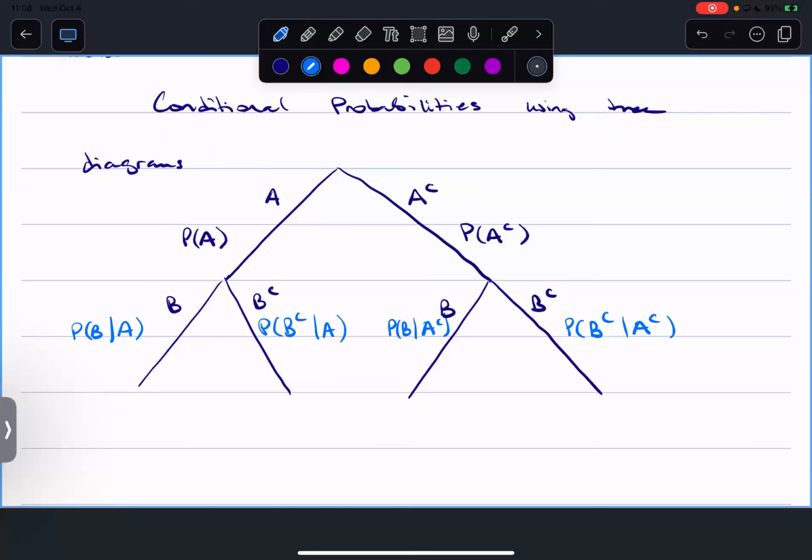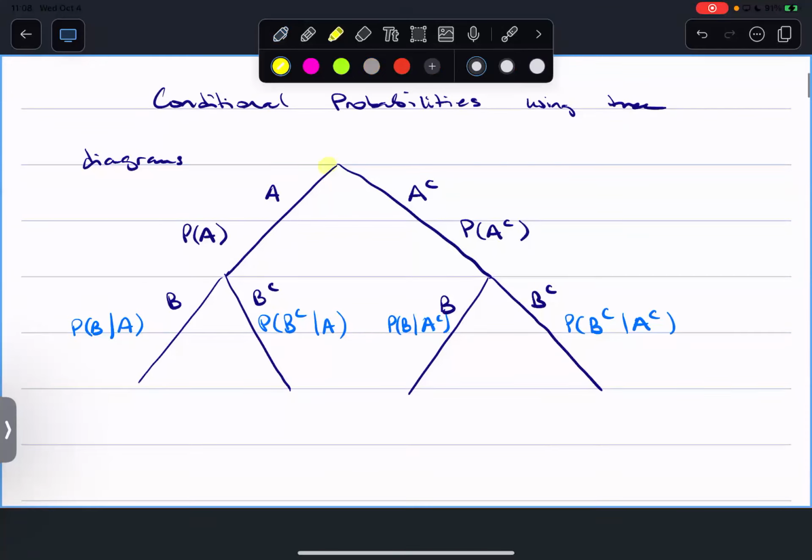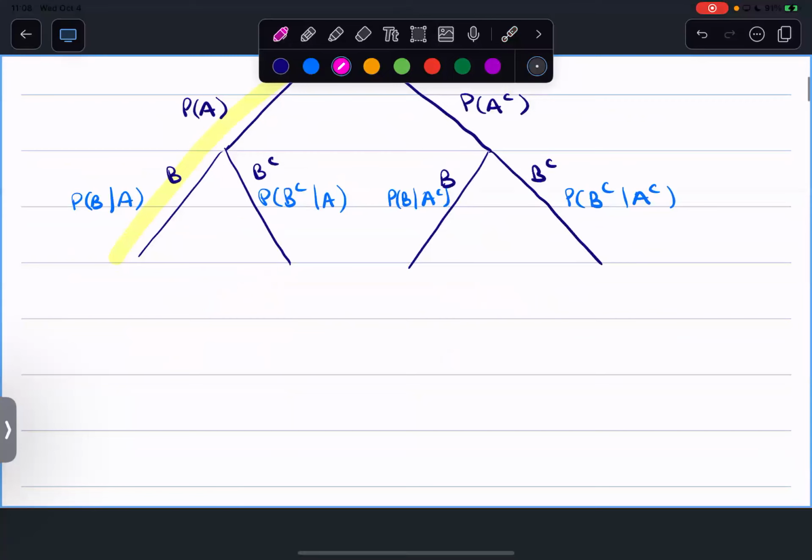But also, when you're going down the branches, if you multiply the probabilities, that's the same as saying A and B. So then you're allowed to multiply. So then you have the probability of A times the probability of B given A, the conditional probability, which is the probability of A and B. So then down here, multiply down the branches,